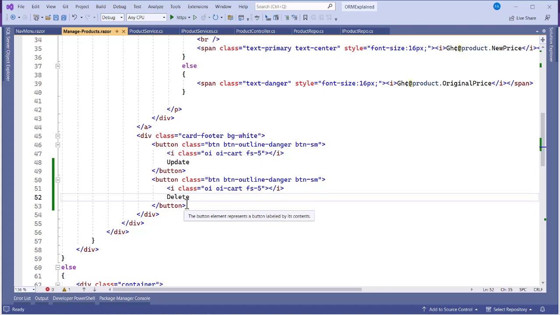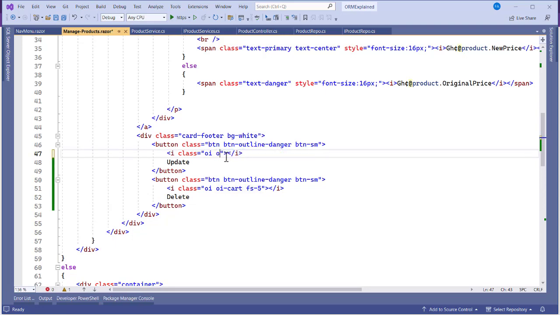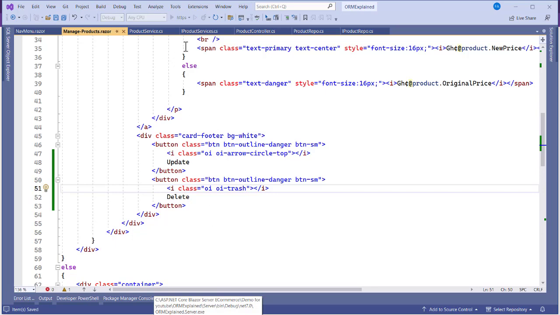So we can now change the icons for this. We are changing the icon for this update. We don't want this one anymore, so let's clear this and OI. Here you want to use an arrow dash circle dash stop. So I want to use this, and with the delete we can use trash. So OI dash trash. Yeah, so we save this, and let's check in the application when it runs